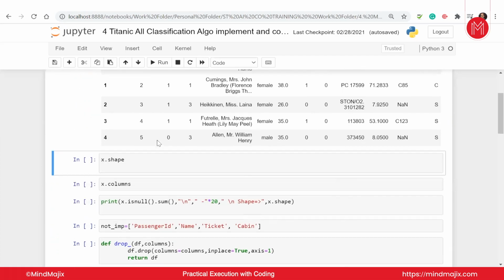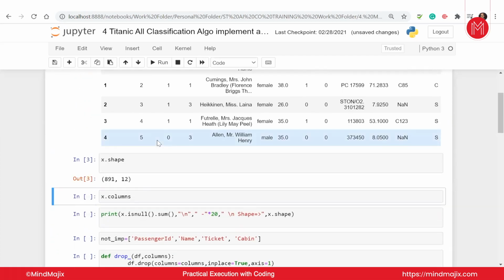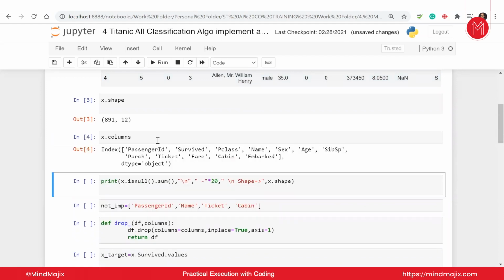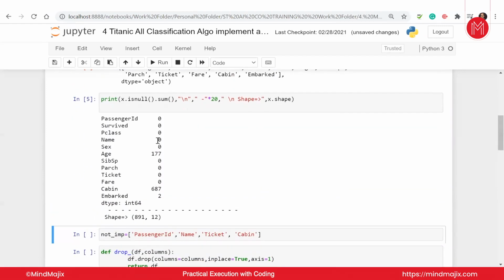Other columns we have to filter out, whether we want them or not, or what we need to do with which column. First of all, guys, let's check the shape of this. The shape is 891 and 12. So 891 rows and 12 columns are there, including the target value here. These are the column names that I have, and I am checking for the null values. As I print the null values, I observe that there are 177 in age and 687 null values in cabin, which is a huge number. Following that, we have two null values in embarked too.